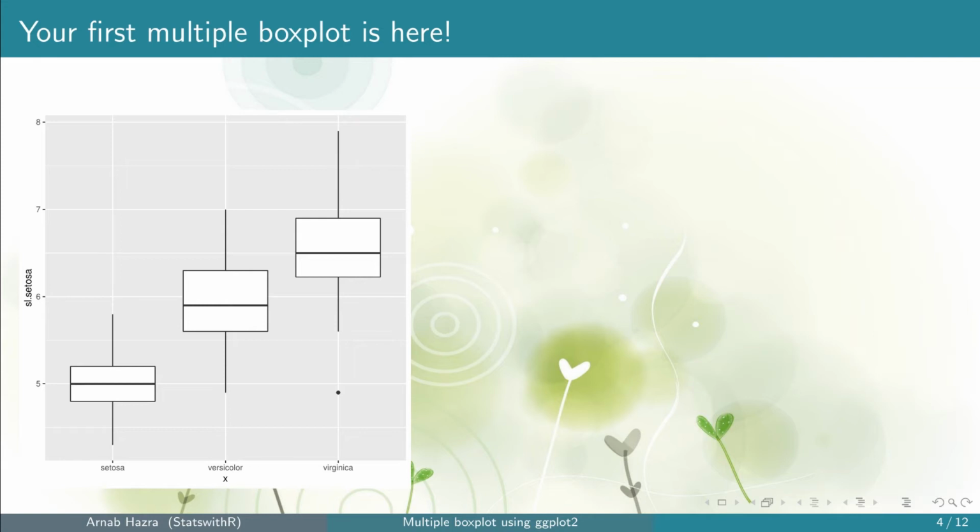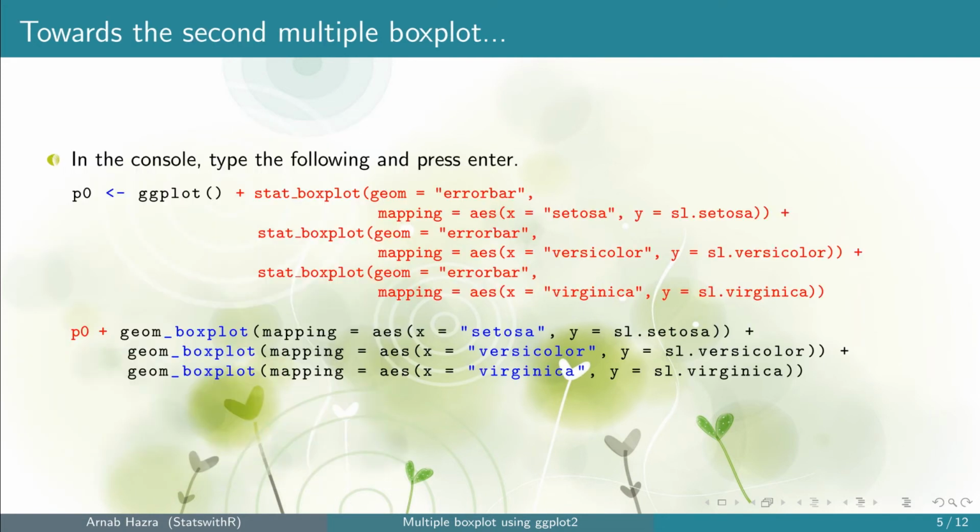There are many things that we need to change. Let's do step by step. First, often we want to add the error bars. If you don't want to do that, you can skip this step. To do that, we need to use the function stat_boxplot. Corresponding to each box plot, we need to set a stat_boxplot function. Also, the stat_boxplot functions should be added to ggplot before geom_boxplot.